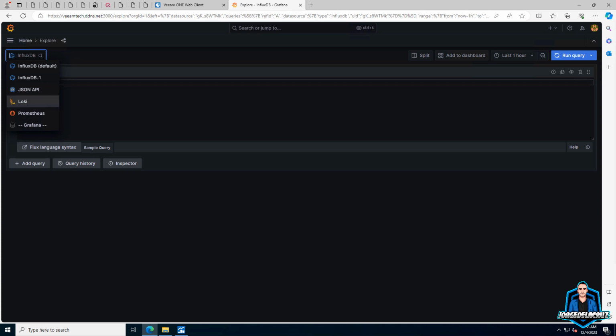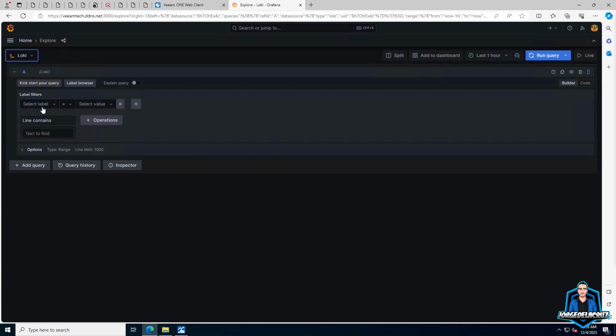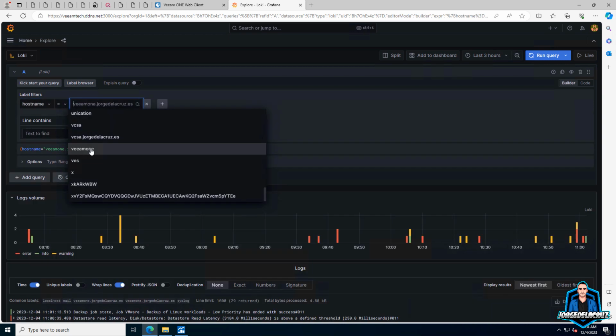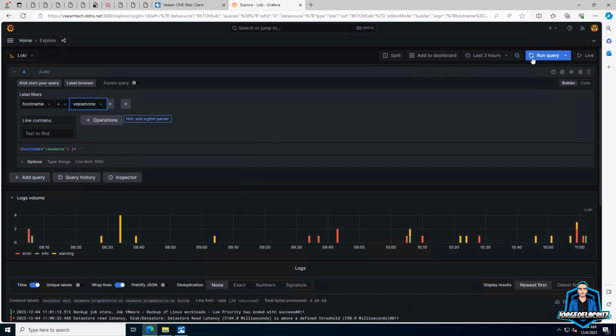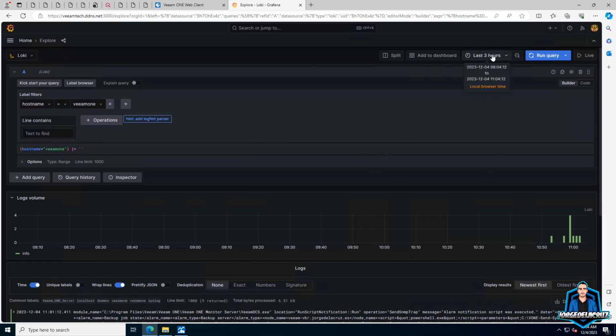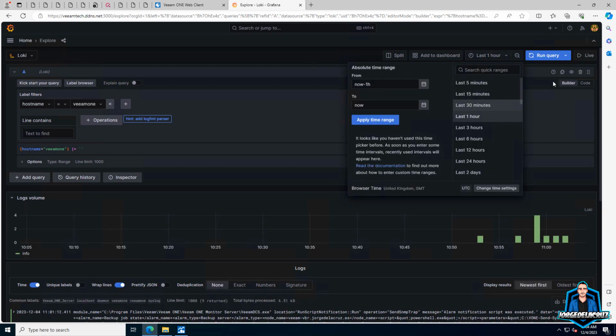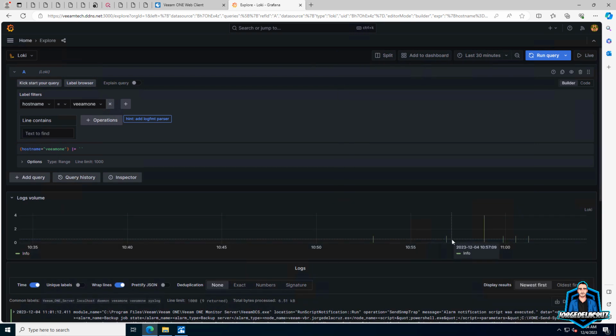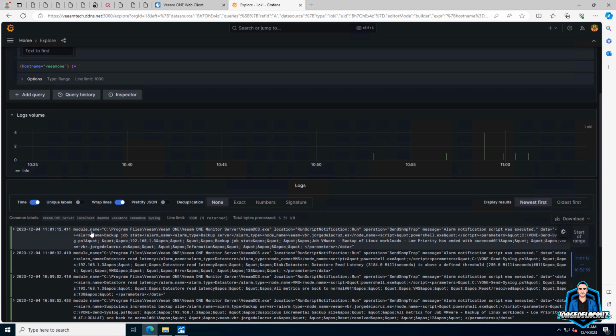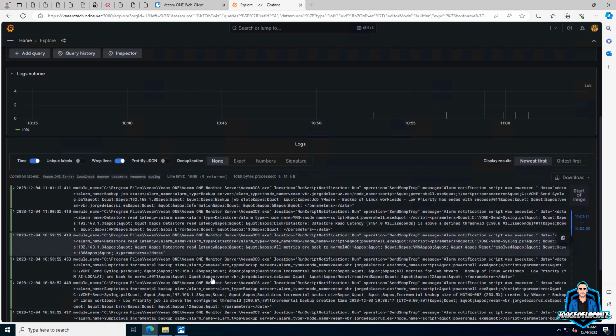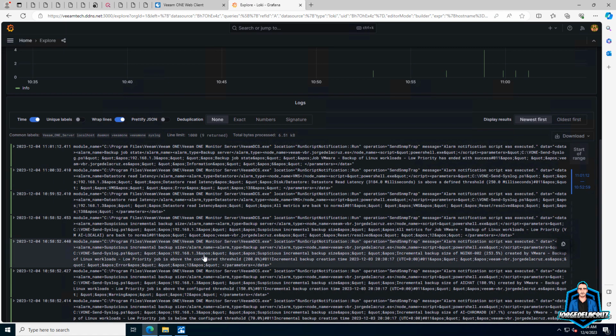I'm using it here, the Syslog. And if I go by host or host name, and I select the Veeam1, there you go, and I run the query, you can see that I have already a few items, even if I reduce the scope a bit. I have already items over here that have been happening, like opening the Veeam DCCS.exe,